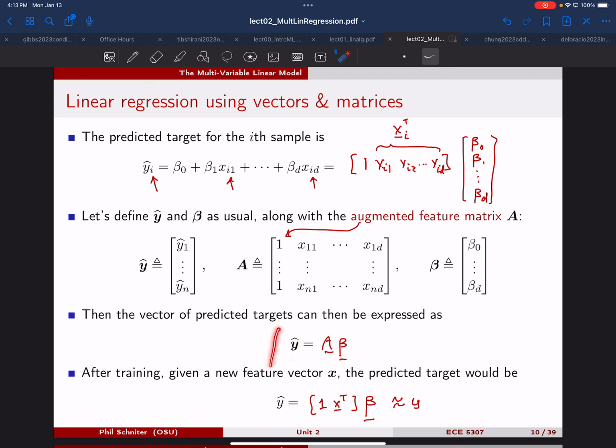And this is what we use for training, because for training the y hat and the A are known. We're trying to figure out what is a good beta. But then maybe after we're done training and we've selected our beta coefficients, if somebody gives us a new feature vector x, we can predict the target corresponding to that x. So this is what we use for training, and then this is what we would do after training is done. And that formula for y hat applies to different types of machine learning, like if you want to do reinforcement